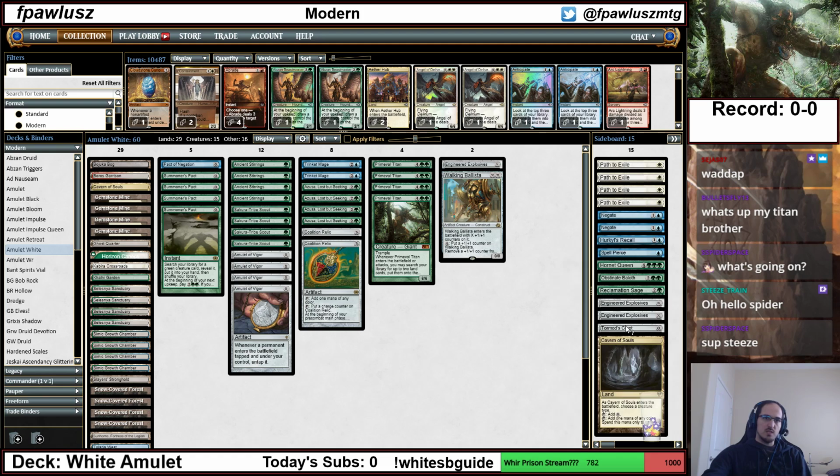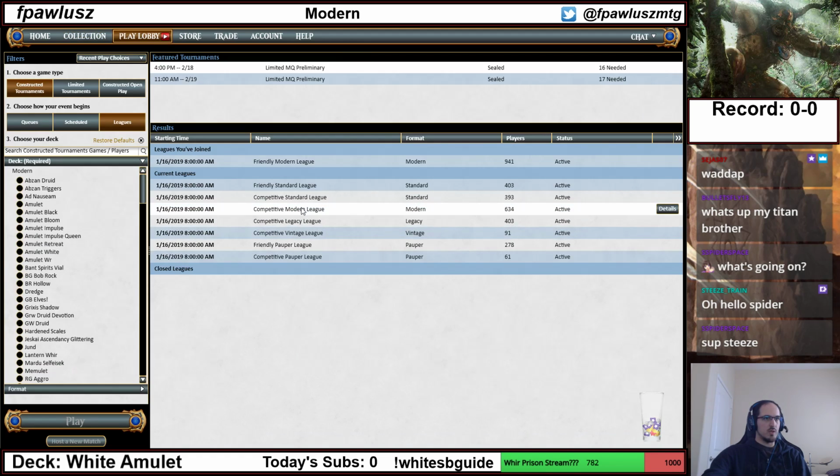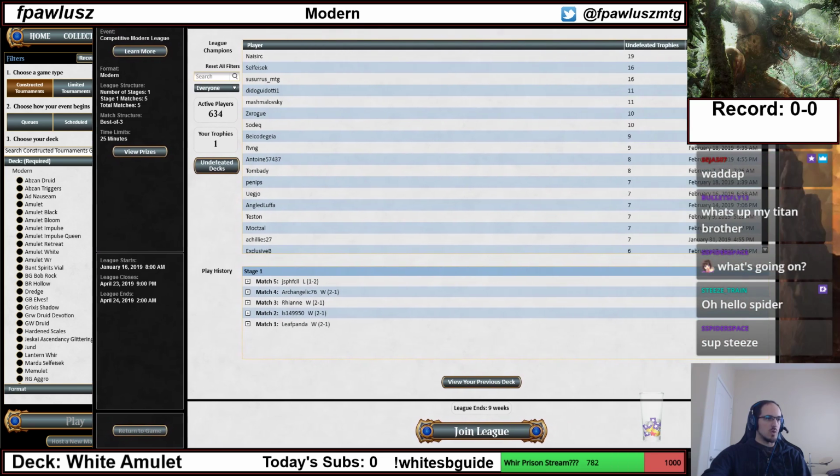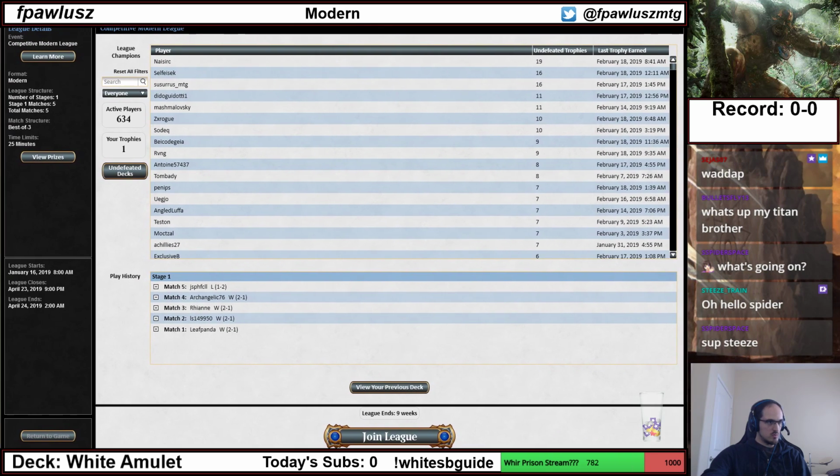The 3 explosives, Stormos Crypt, and the 1 Cavern of Souls. So not much to say there. It's just the list that I've been playing. So we'll just... Okay, so Moto chose to open